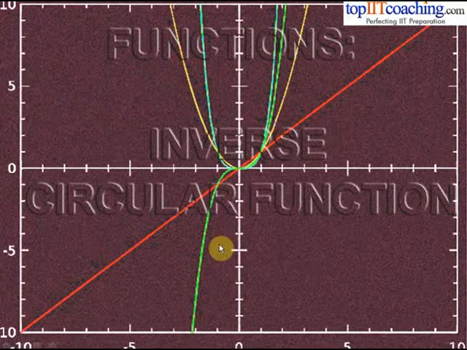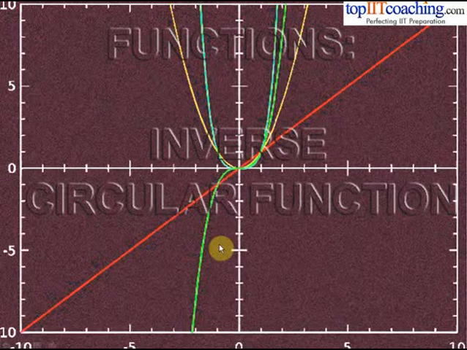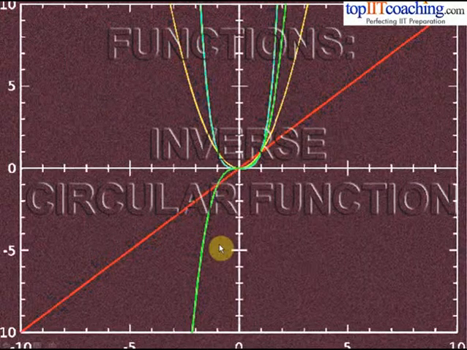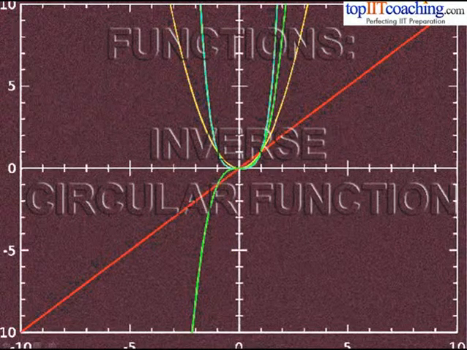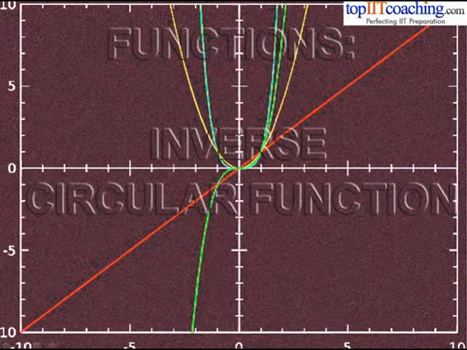Till now we have been saying about sine inverse x, cos inverse x, tan inverse x and so on. But we don't know much about them. So the prime focus of this lecture is to make you aware and help you to understand the properties of inverse trigonometric functions. Now this is a part of trigonometry as well as a part of functions. That's why we have included this lecture on the chapter on functions. So let's start this lecture.